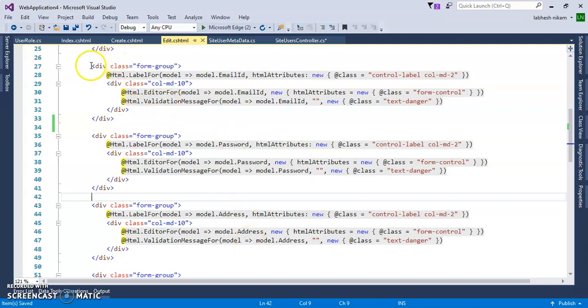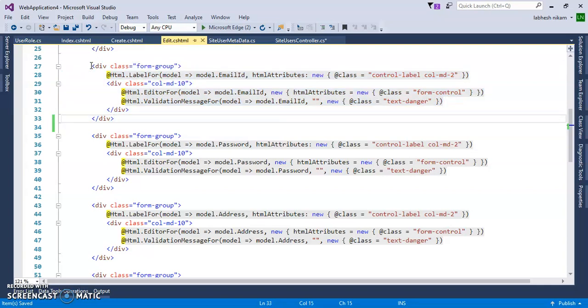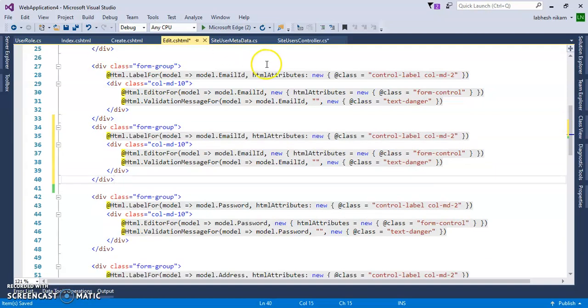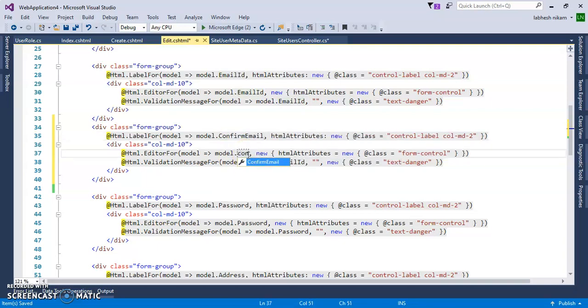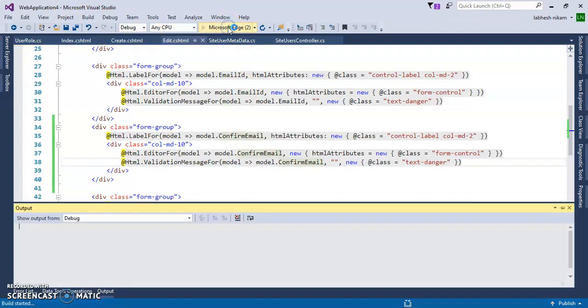Let's copy this email property, paste it here, and change it to confirm email. Now let's run the program and check what happens.